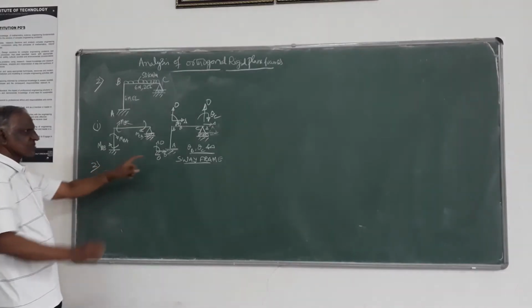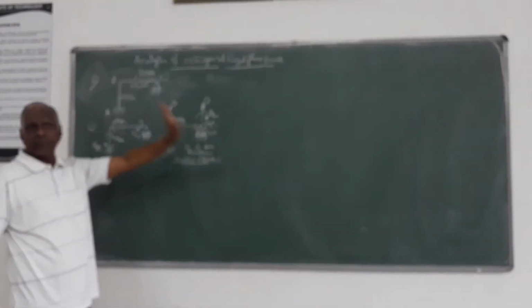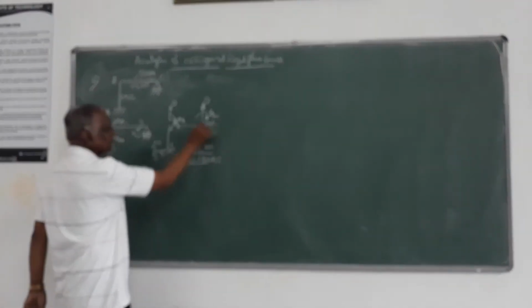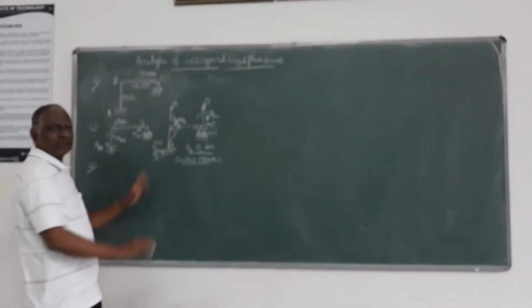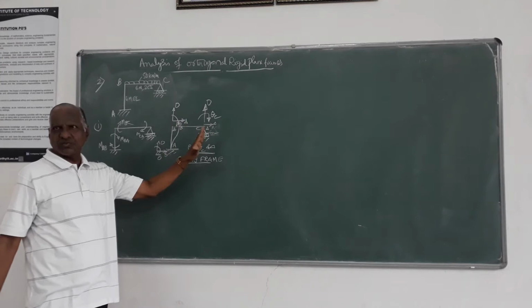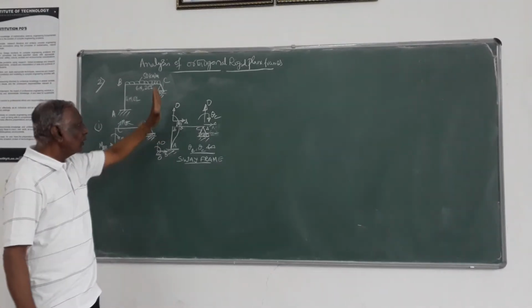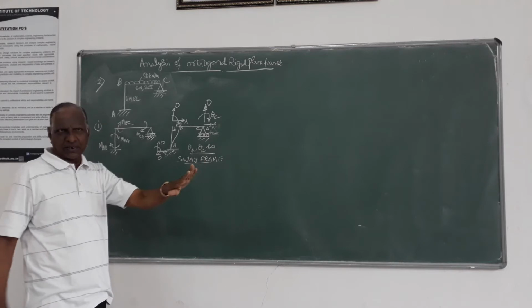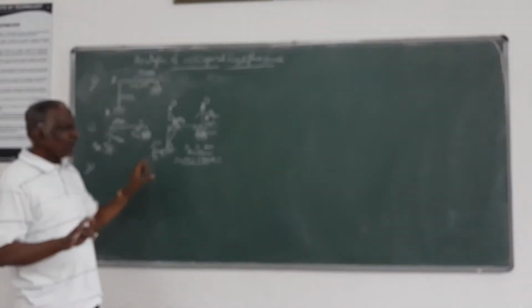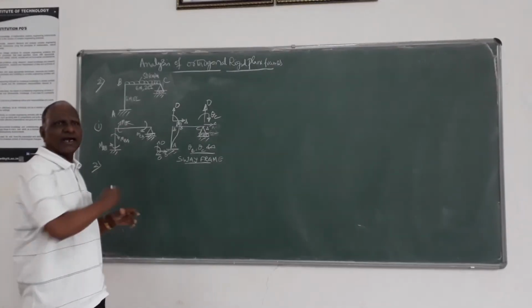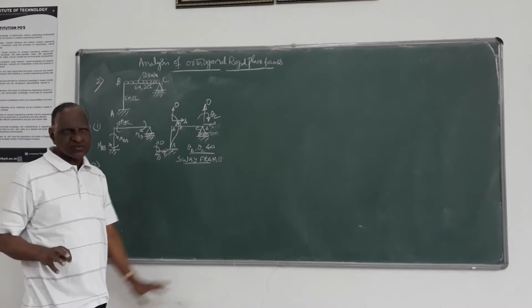Second step, since it is a sway frame, we have to do the moment distribution two times. One for fixed end moments, that is non-sway, another for this possible sway. Here the column member undergoes sway. The beam is not undergoing any sway. In all the orthogonal rigid plane frames in your syllabus, only column members will undergo sway. Beams will not undergo any sway. Always find the sway moments only for the column ends and carry out the moment distribution in the sway analysis.